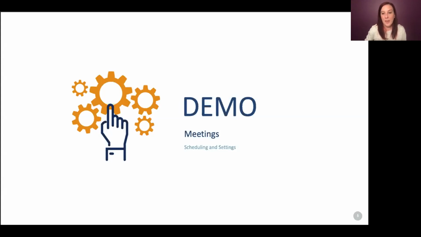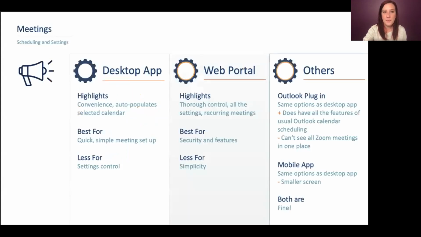Okay. Just to recap, when you're setting up a meeting, there are a couple of different ways that you can do that. You can do that on the desktop app. Again, to highlight, it's good for convenience. It will auto-populate onto your Outlook if your Outlook is up.